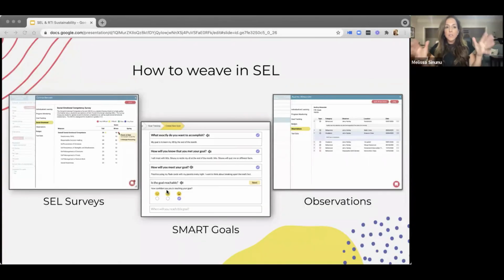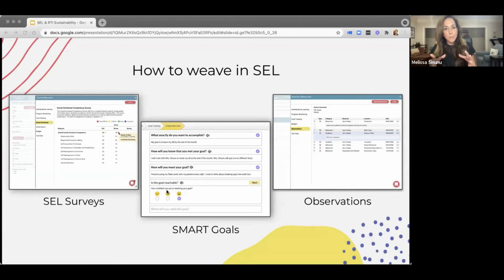And finally, don't separate out SEL, weave social and emotional learning into the framework. MTSS practices often discuss including positive behavioral interventions and supports, and SEL programs and approaches are an important component within MTSS because they are designed to promote positive academic and behavioral outcomes in students. However, it sometimes is difficult to think about how to integrate this into an MTSS framework.